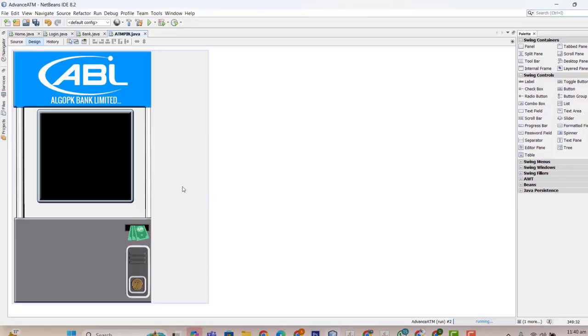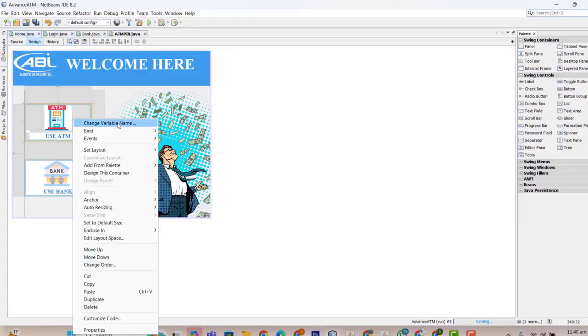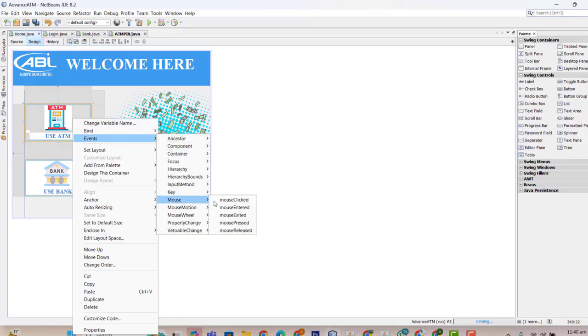Okay, that's done. Decrease the size. First of all, we check how it looks. Okay, so in the home page, right click, events, mouse click,